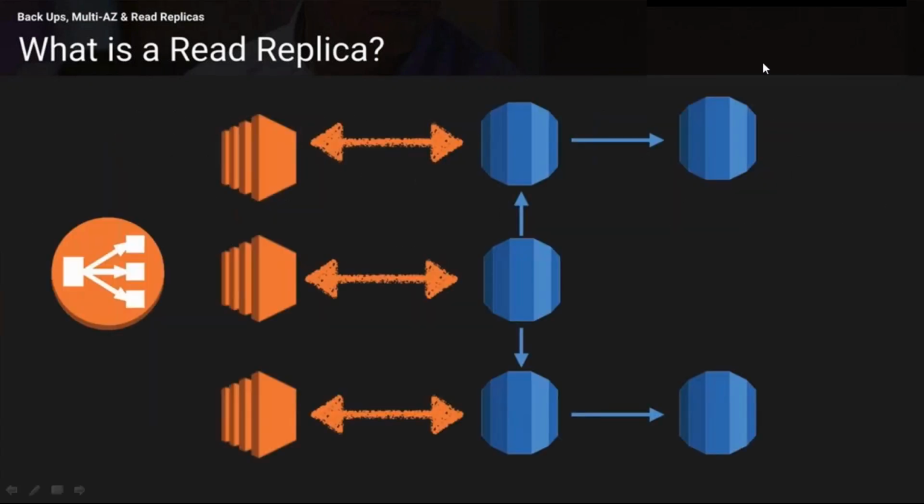If I'm trying to hit the main database and get all these details, I am consuming its CPU cycles. So what people usually do in real time is create a read replica of the exact production copy, and the size of the read replica is usually much heavier than the normal database, because the normal database we just utilize for write purposes, and on the read replica I put across all the queries my management gives me for generating analytics. So we can use a read replica, which can improve the performance of my databases heavily.